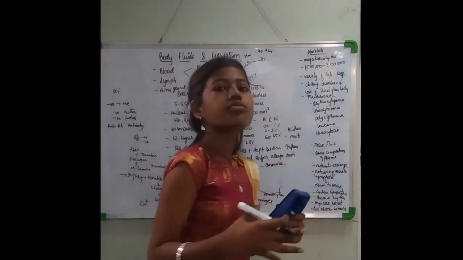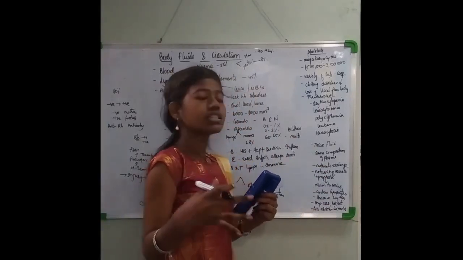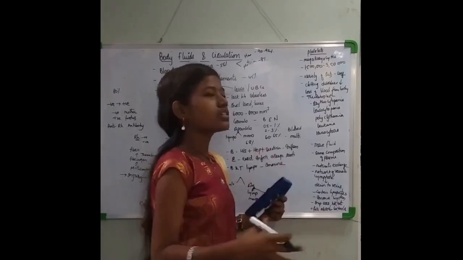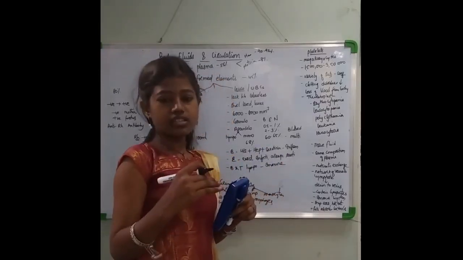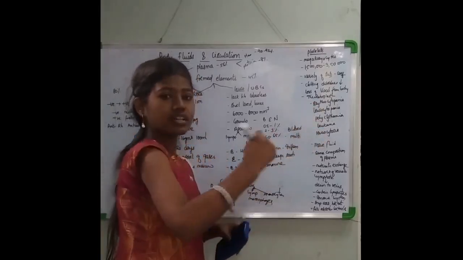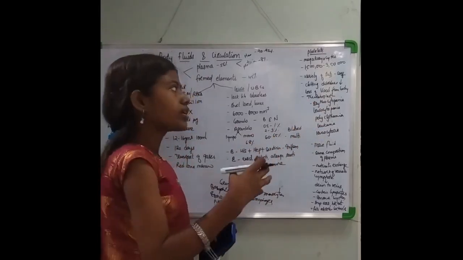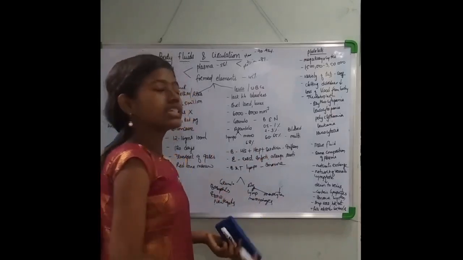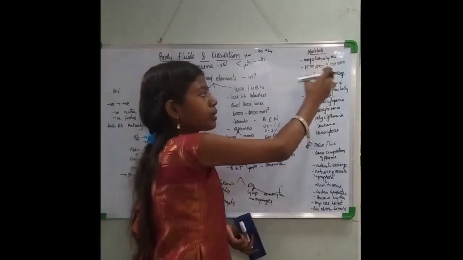Now these platelets release various kinds of clotting factors. These clotting factors help in the release of various substances, and these substances help in coagulation of blood. When the platelet count decreases, it results in clotting disorders. When clotting disorders occur, there is excessive loss of blood from your body, leading to anemic kinds of conditions. So this is about the platelets.